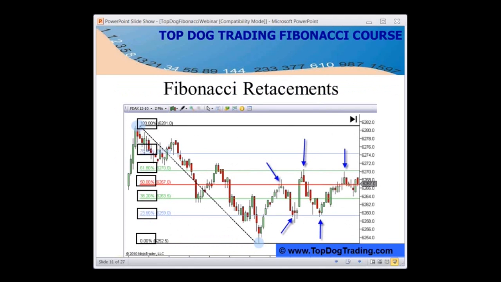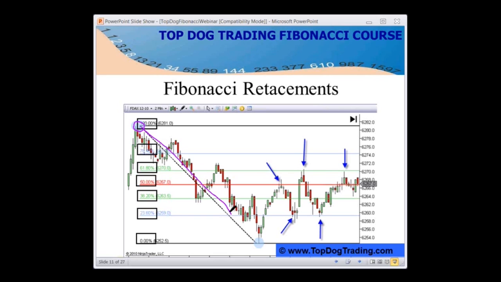Now, how are we using these ratios? Okay, now we've determined what they are, what the numbers are, and where they are derived from. But now let's talk about trading. How do we use these things? What are they actually used for? So it's pretty simple. What we do is we take an impulse move, a major move in the market. So in this case, we're looking from this high